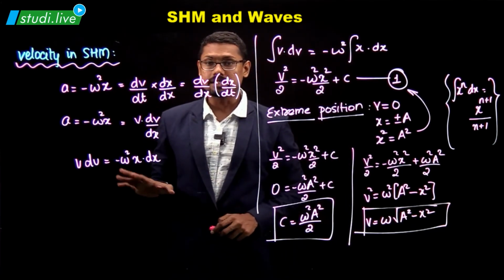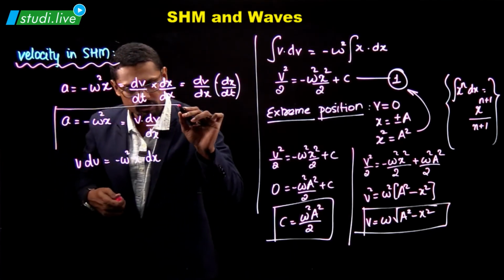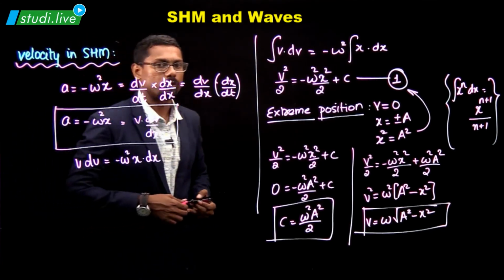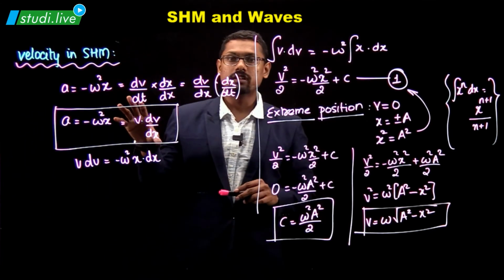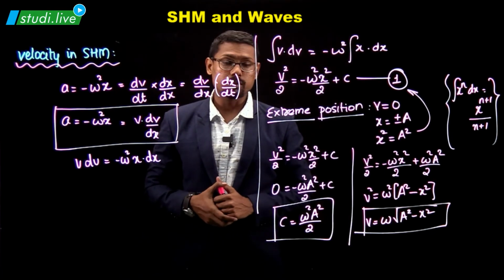Very simple, very easy. The only hack is over here. If you know this sort of expression, it's very easy to calculate everything else. But this is something very important. The first box in here is the real important story. So that was about velocity for a particle performing SHM.